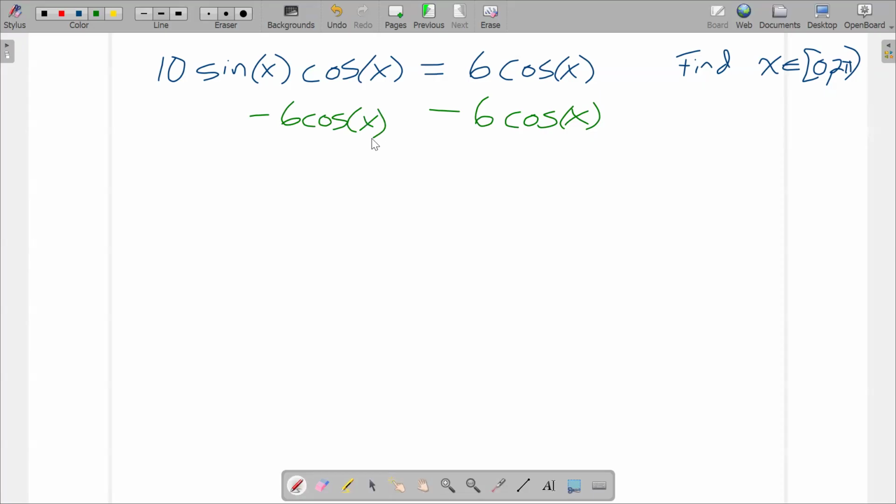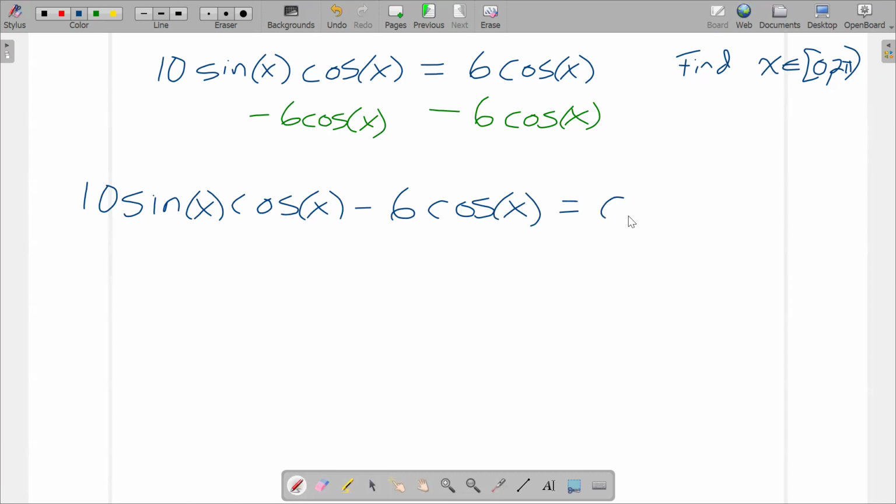Now, at first glance, what I have really is 10 sine of x cosine of x minus 6 cosine of x, and on the other side, I'm going to have a 0. I can't do any simplification of this right away. My brain's dying to do something right there, but there's nothing I can do at the moment. These aren't like terms. Another way to think about this is a lot like having the equation